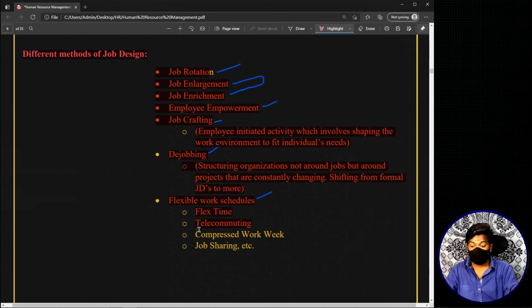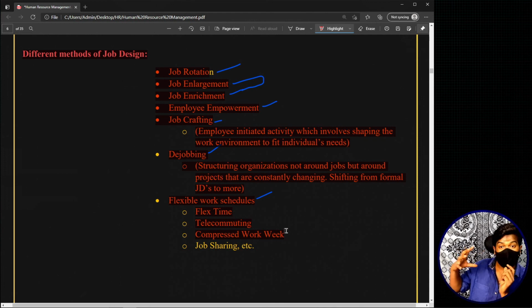Now you also have something called compressed work week, where there is an opportunity for the employees to compress their work. For example, the employer can tell that for every week, that means per 1 week, I need 30 working hours. The basic requirement by the organization is that each and every employee has to work for 30 hours in 1 week. 1 week means basically Monday to Saturday. That means six working days. The organization is expecting 30 hours of work from each and every employee in this 6-day period. That means in 1 week.